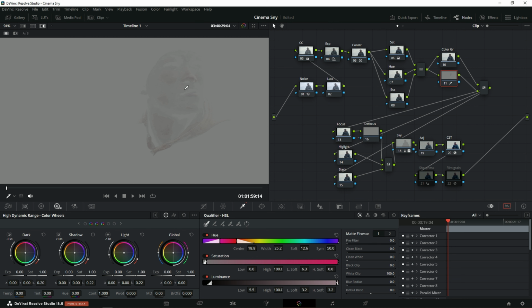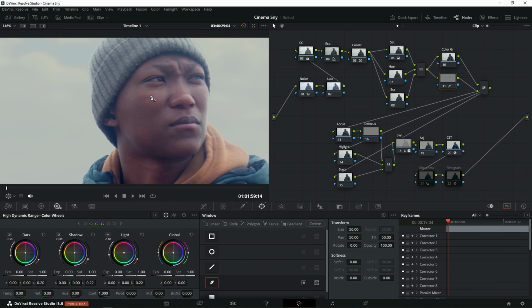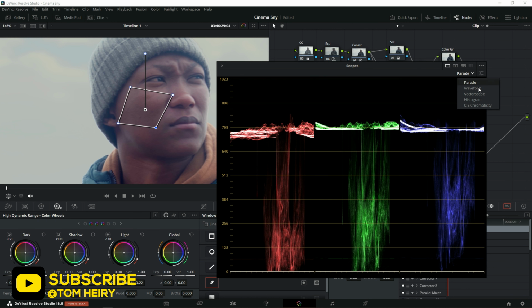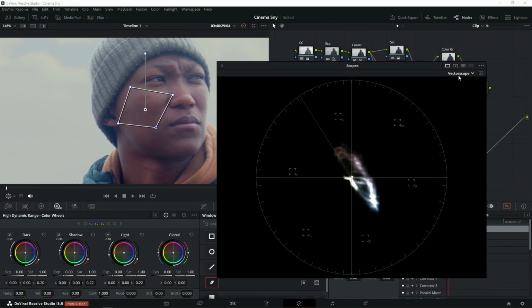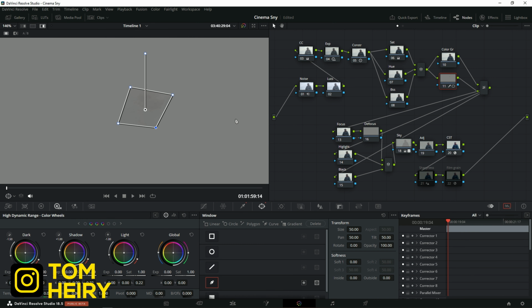I'm maybe just gonna try to fix it a little bit. I think for me this is good enough. So what I'm gonna do, I'm just gonna zoom in there. I'm gonna create a mask around here just a little bit, and then I'm gonna change my parade to, I think, the Vectorscope. I'm gonna change to that, and it's not really showing really well. I'm just gonna maybe from out here,